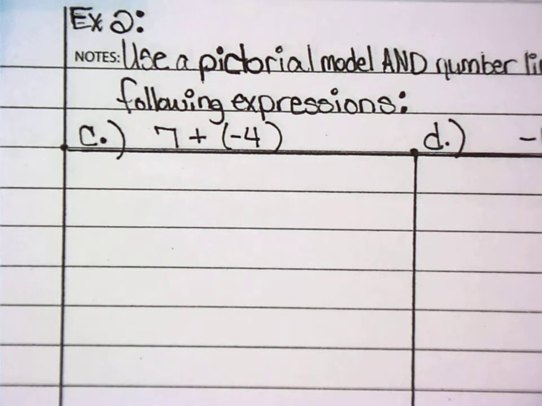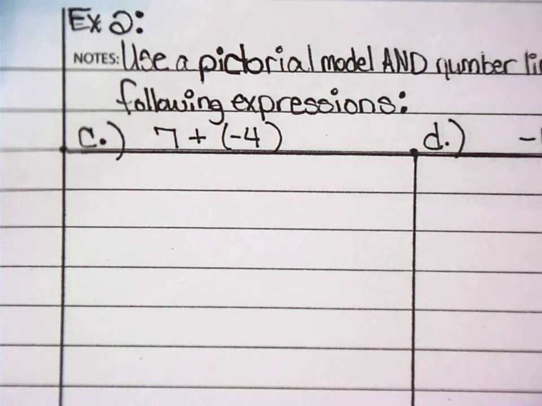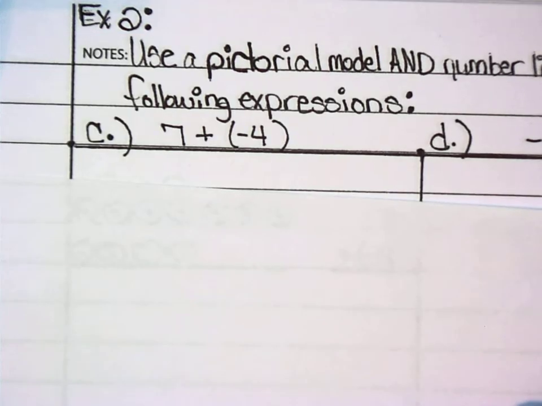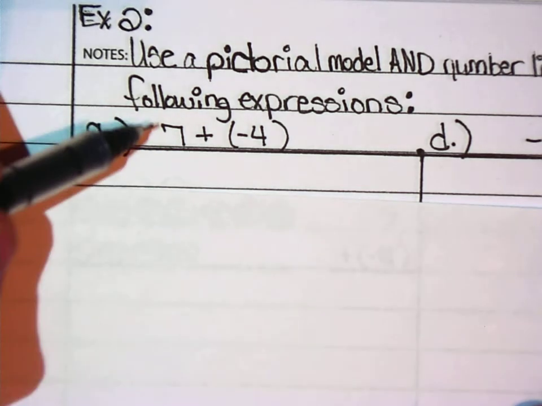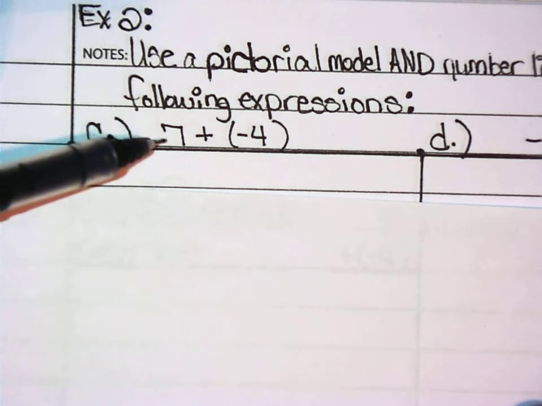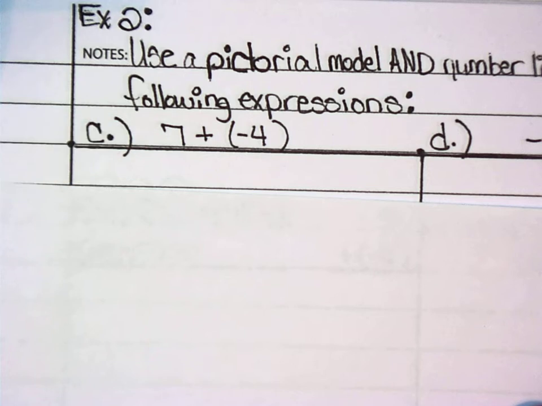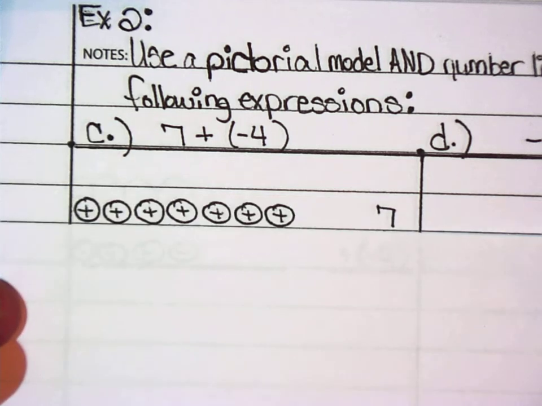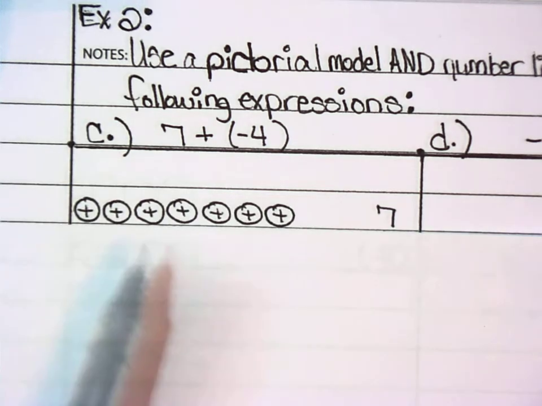So let's continue now with our modeling process. We're going to use integer circles like we did on the front part of our notes here. So I'm going to go ahead and begin with that now. My first number in this expression is positive 7. I know it's positive because there is no sign. In math, we've come to an agreement that if there is no negative sign in front of it, then it's automatically positive. So I'm going to draw 7 circles, all with positive plus signs in them to represent